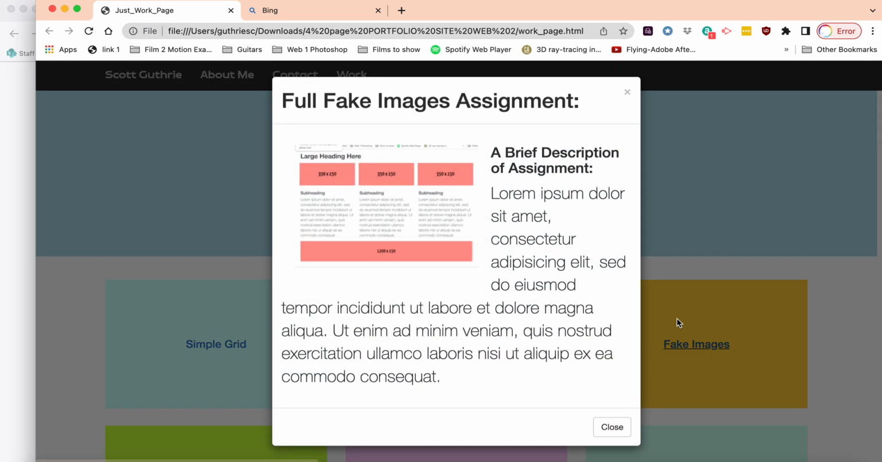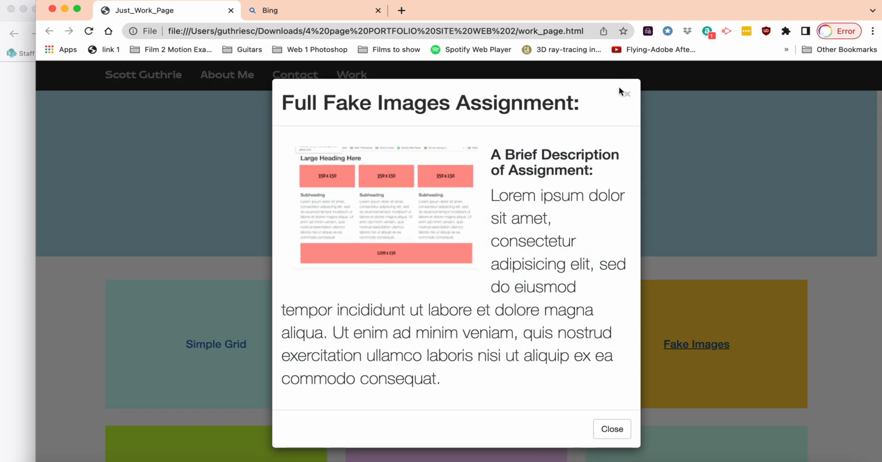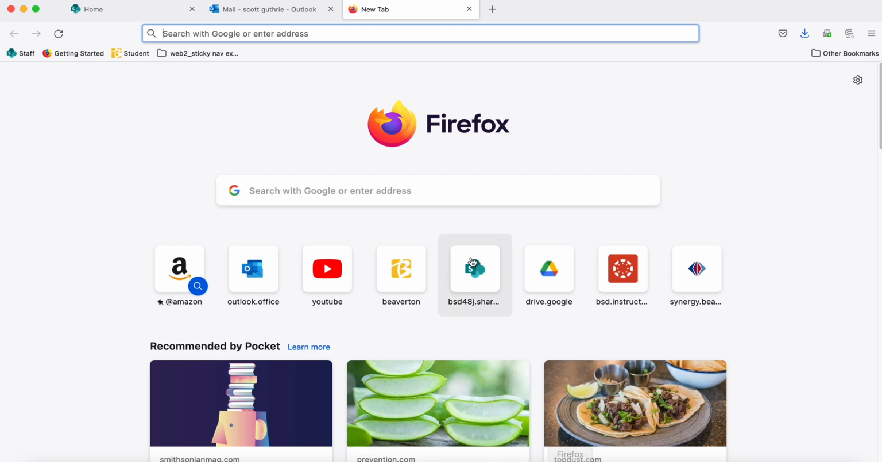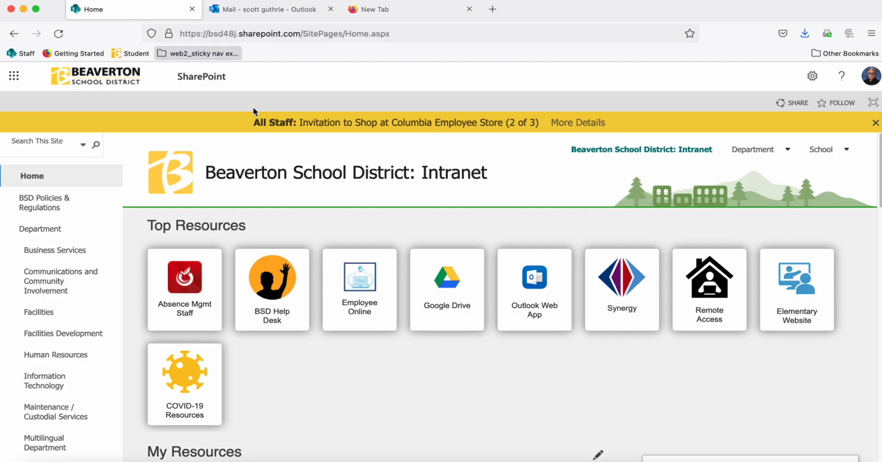And here's the fake images. So we're going to create this, again, step by step. The last thing we'll do is add the modals, which will take the longest time. Okay? All right, so I'm going to go over to, actually, let me go to